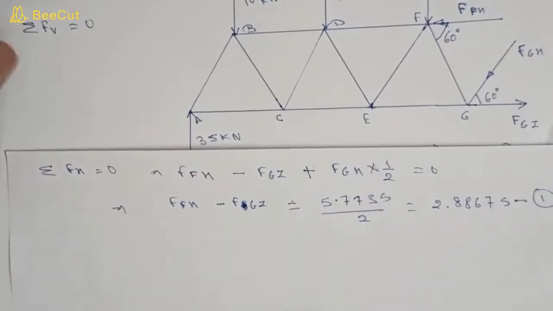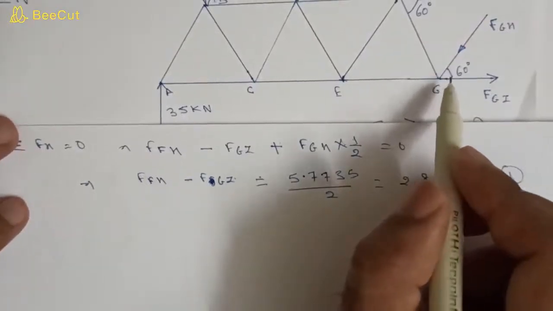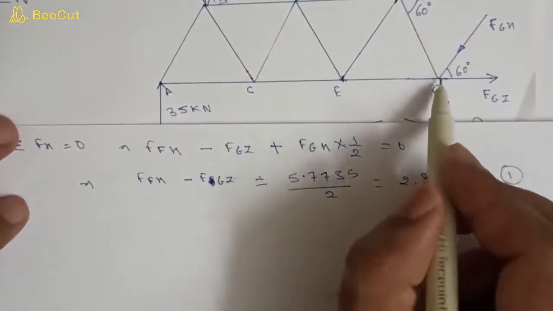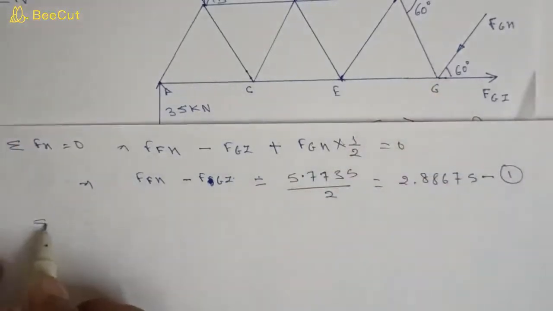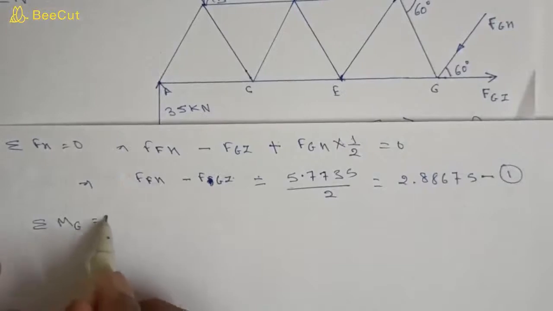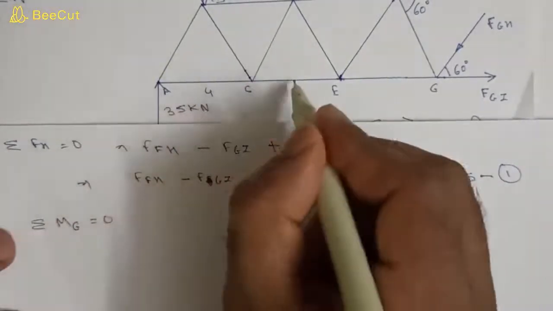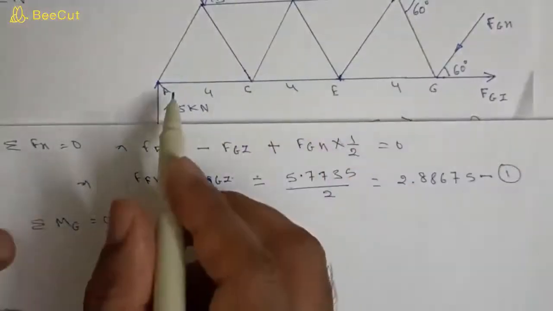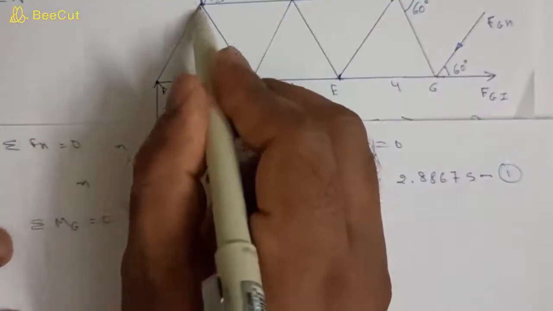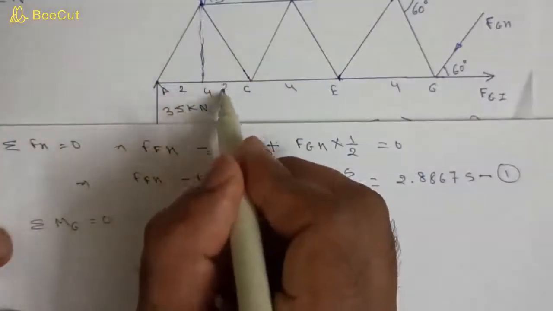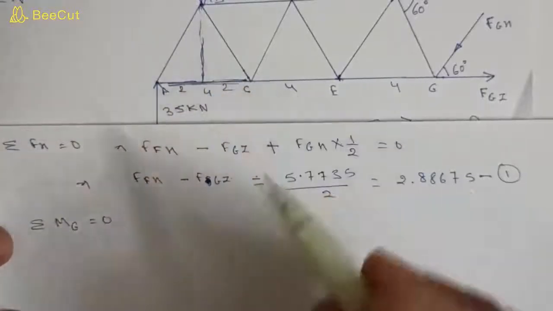Now we will take moment about G is equal to 0. Sum of all the moments about G will be 0, because it's a pin joint, so we can take moment about this point is equal to 0. So we will write, see, this is 4, 4, 4, and if we draw the line from the action of this force, then it will be 2, and this will be 2. It will divide equally into this base. So we will write